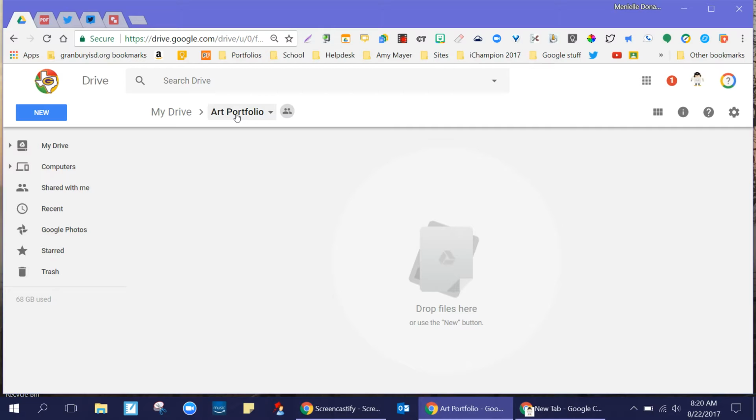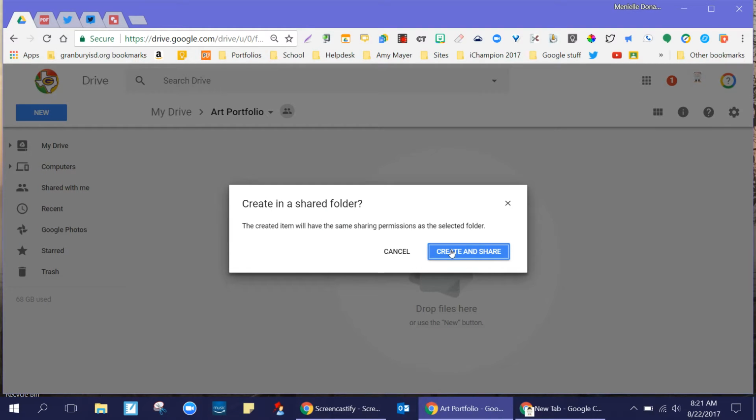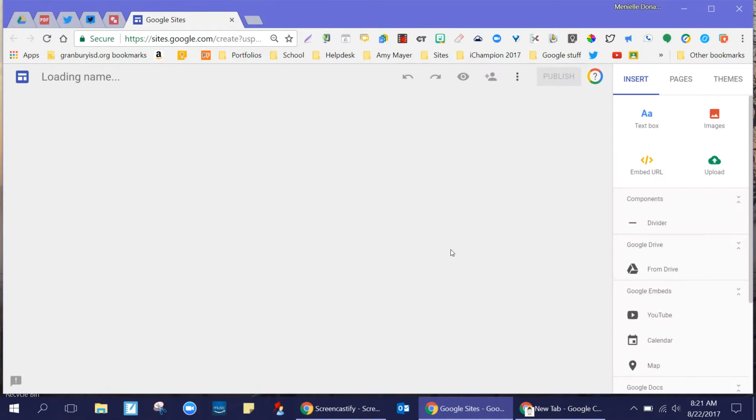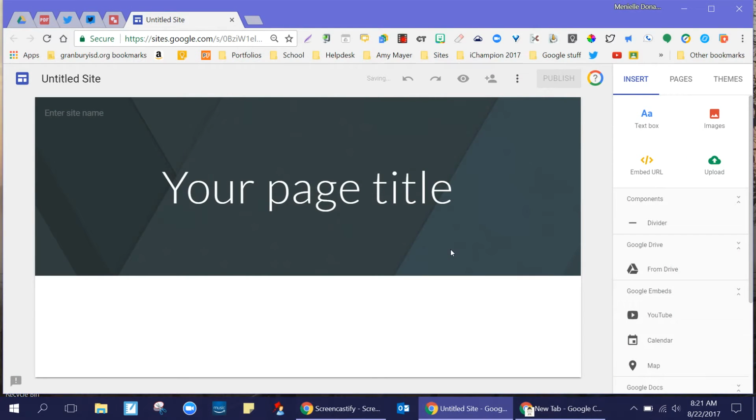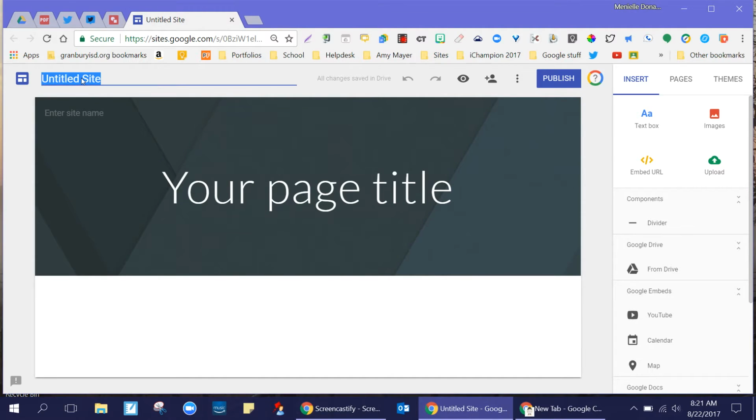So once we have this folder opened up, in order to create our portfolio, we're going to use Google Sites, and we're going to go to New and down to More and over to Google Sites. And it says we're putting it in a shared folder, and we're okay with that. So we're going to say Create and Share. And it creates the Google site for us. It just creates one page, and we'll go in and add pages,